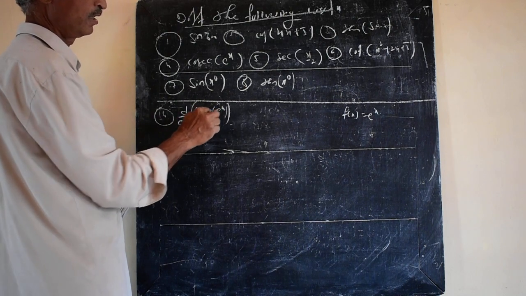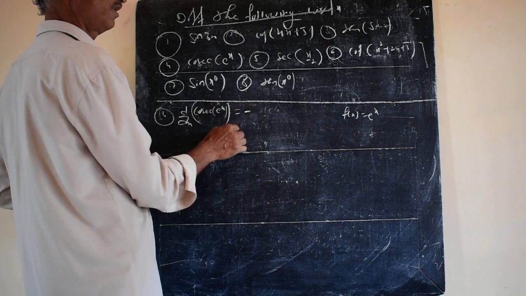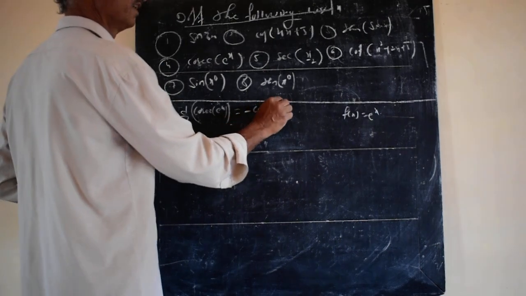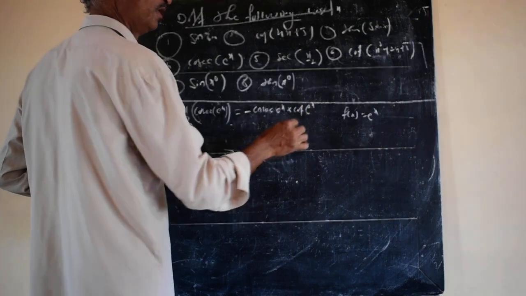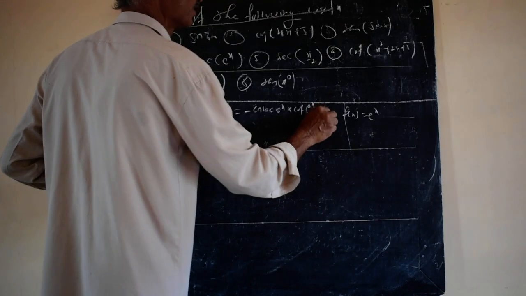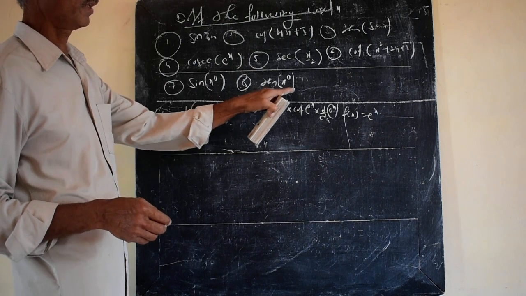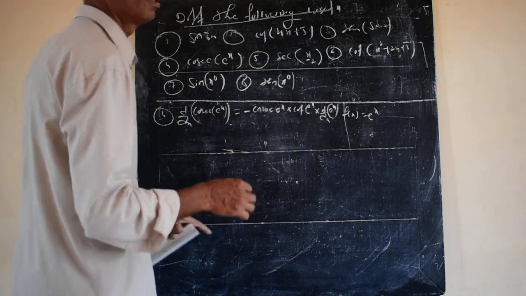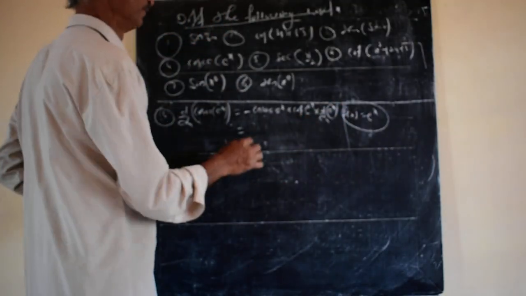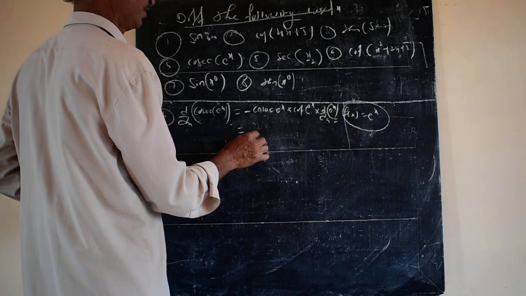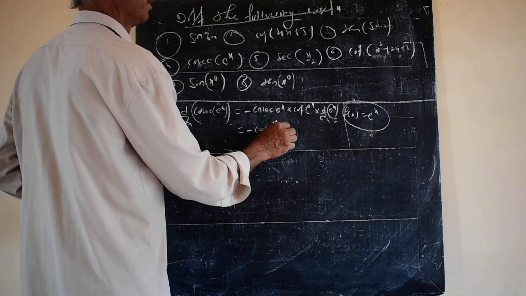Cosec in front of that one, some equation of x is there, then it is function of x, cosec f of x. Now the cosec differentiation is minus cosec f of x into cot f of x into d by dx of f of x. F of x is e raised to x here. E raised to x differentiation is e raised to x, therefore minus cosec e raised to x into cot